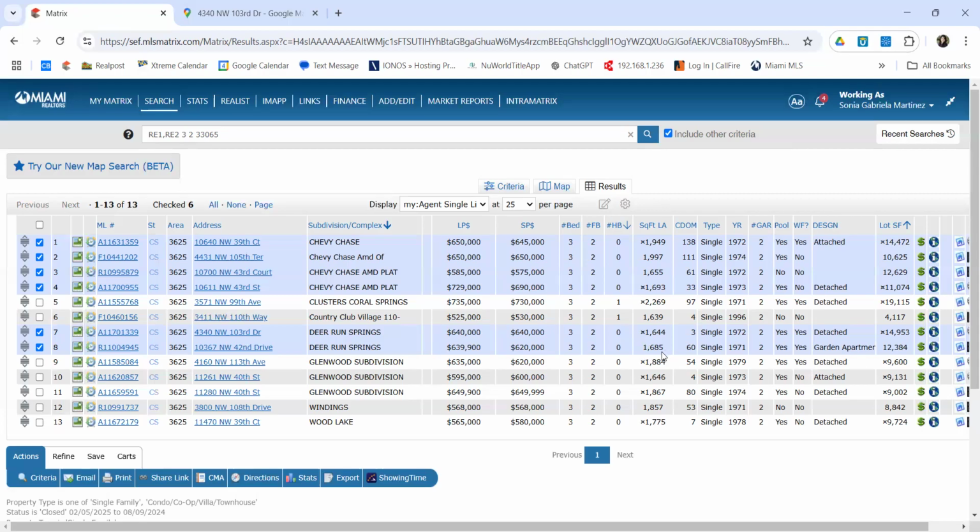So what I always do is, let's say this one sold for $645. I'm going to get the 645 and divide the 645 by the 1949 to have an idea of the price per square foot. Okay, I always do that. And then I'm going, yes,